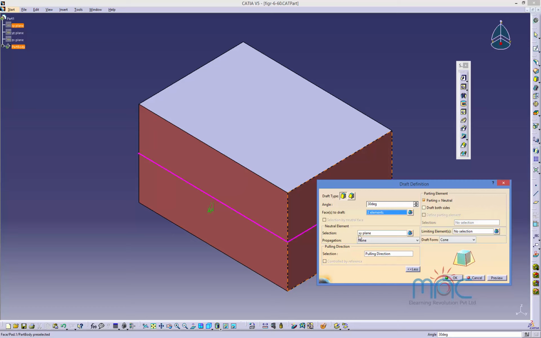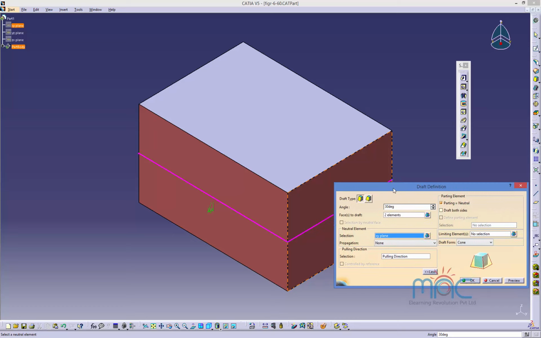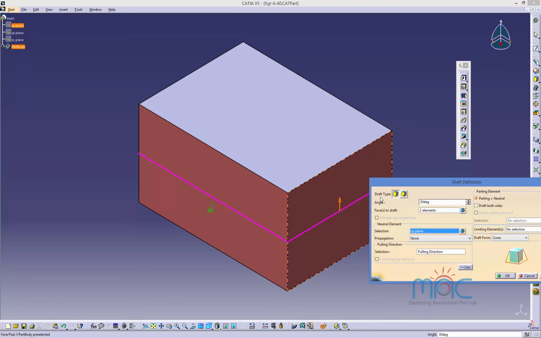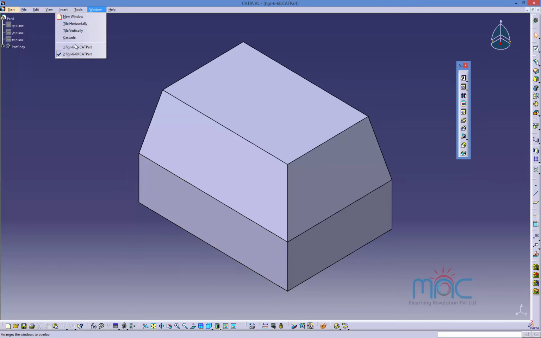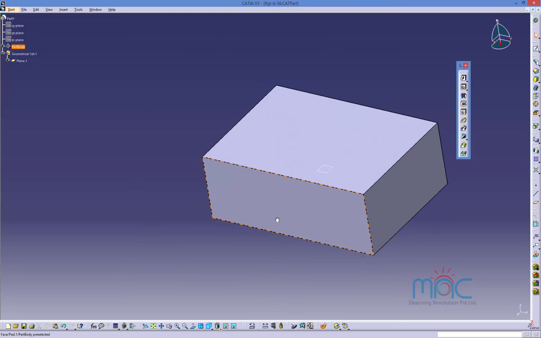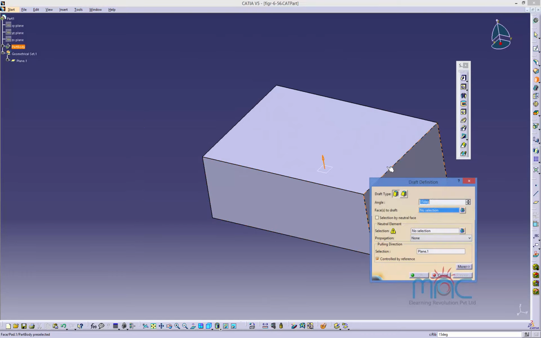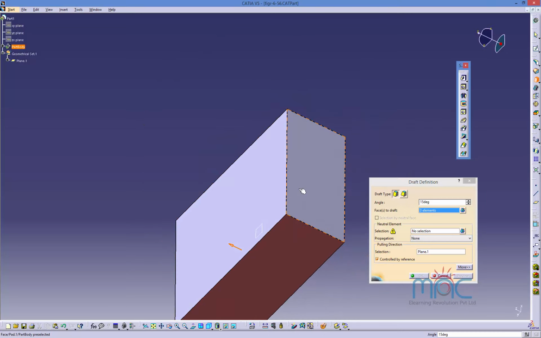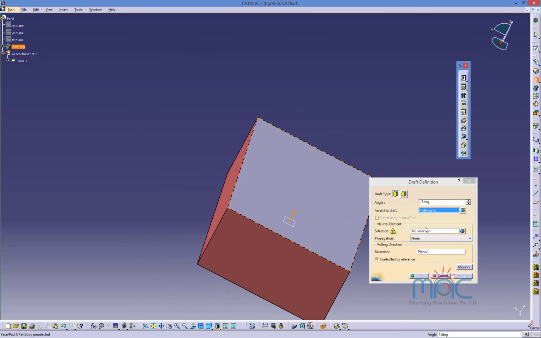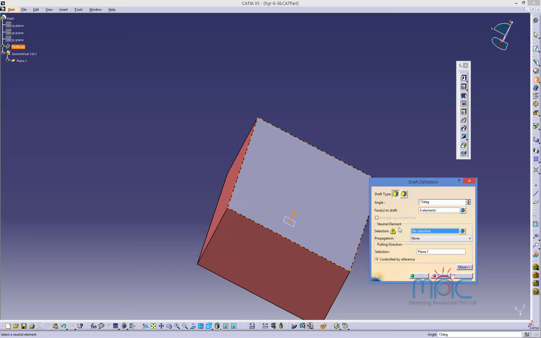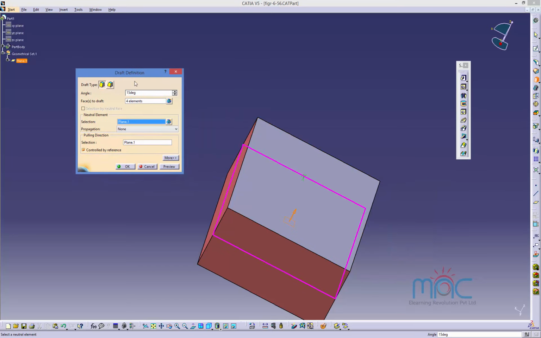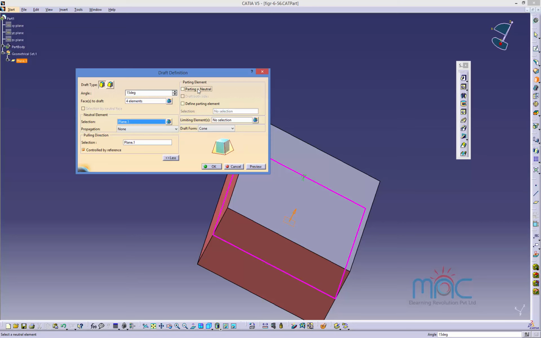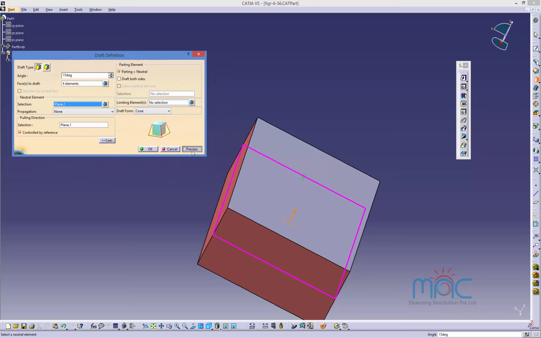Two elements this side we have selected, and the plane which you can select is your reference plane, whatever you have done, and here is the parting equal to neutral. How do you do that? Let us look at this example. Okay, go to the draft and select the draft sides, and you could select all four also for drafting. All four sides I want to process, and now the neutral element is this. And now if you expand this here, the parting equal to neutral, and if you see the preview,